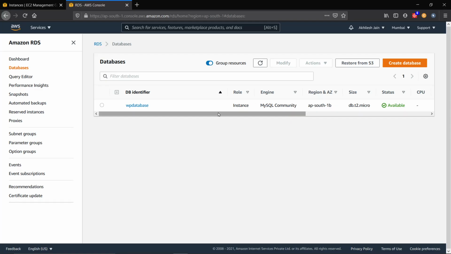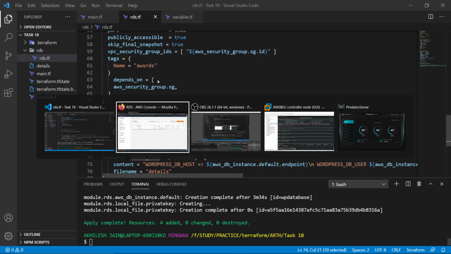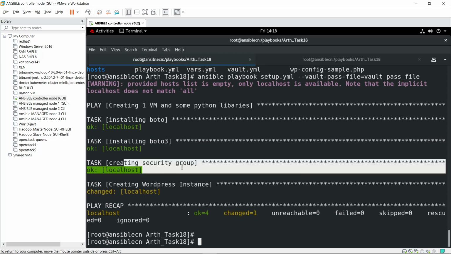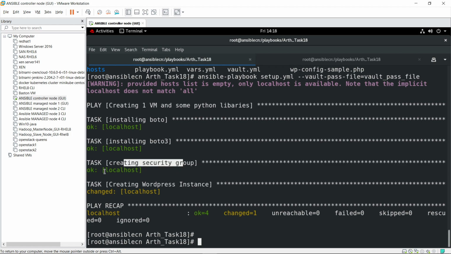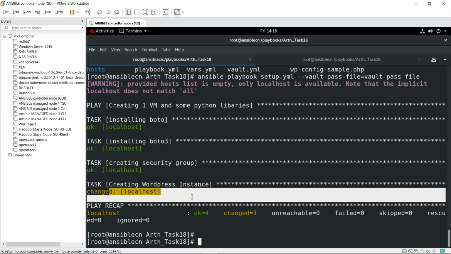As we can see, our database instance has been created. You can see 4 added, and we can also see in the VM that 4 have been done, 1 is changed. This security group was already created, so due to idempotence it has not created another one, and the instance has been created. We can verify.